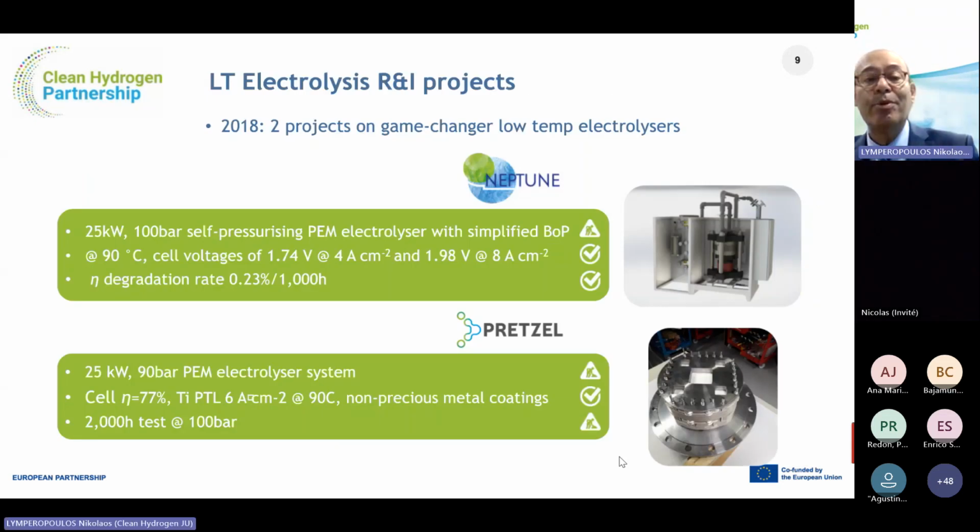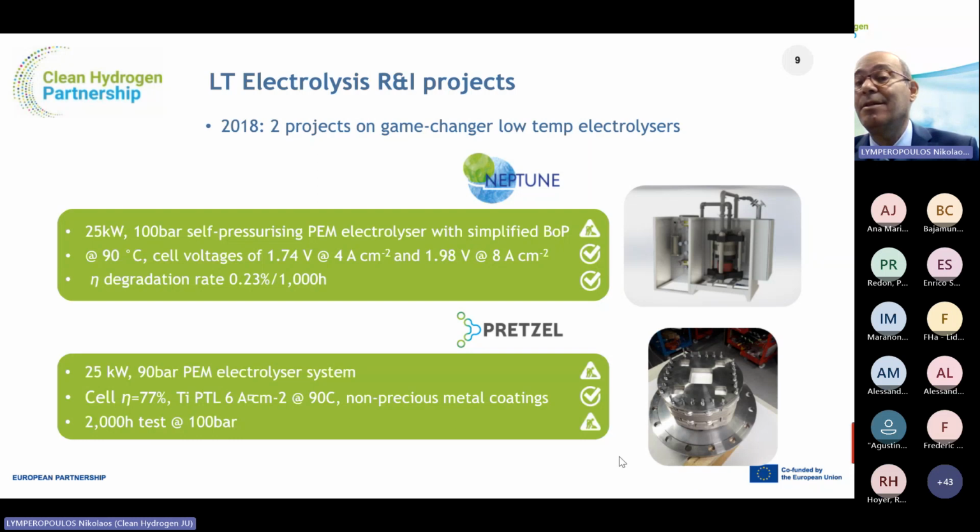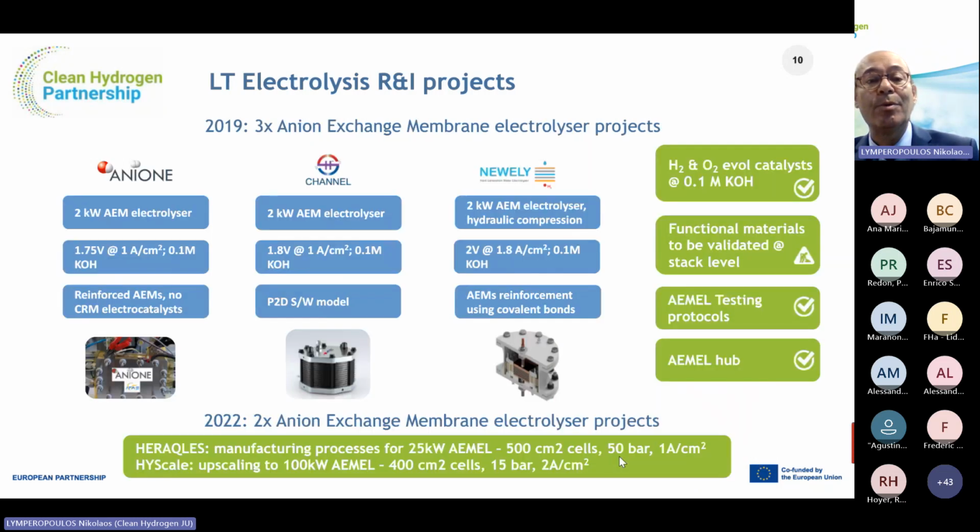2018 call, 2 projects on game changer low temperature electrolyzers going to very high pressures and current densities. A number of challenges were faced by these 2 projects. So this issue has reappeared on our calls for proposals. 2019, we'll be hearing about the 3 projects that have been running in parallel and have set a positive precedent in terms of collaboration between these projects,